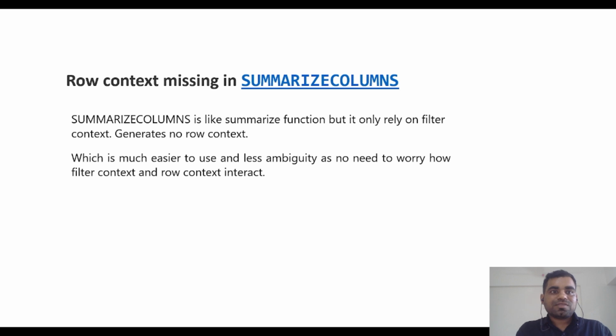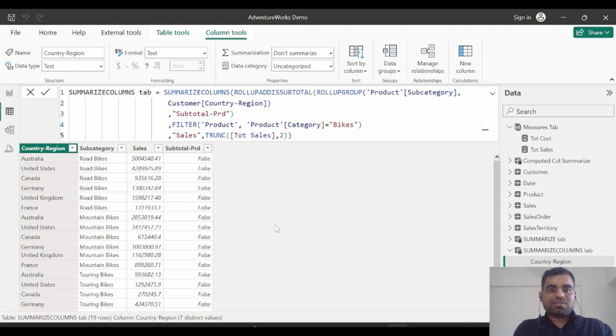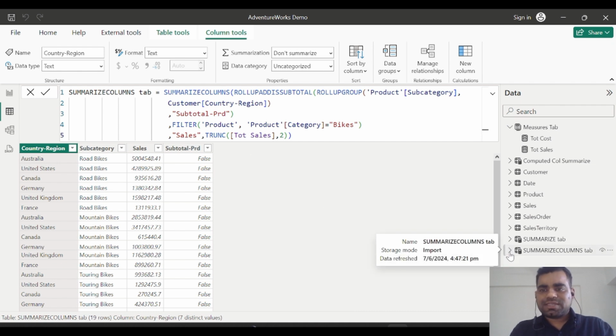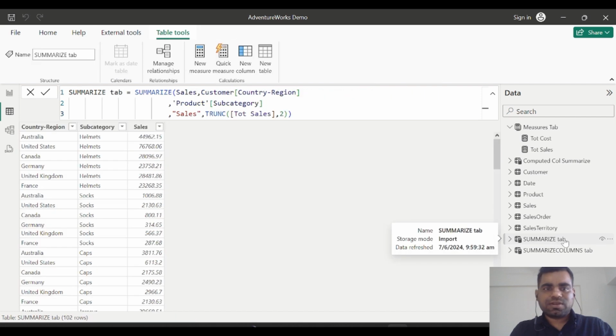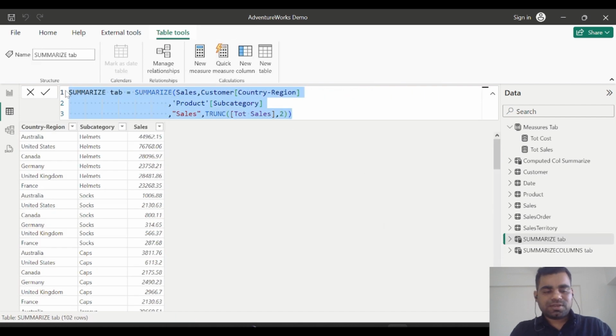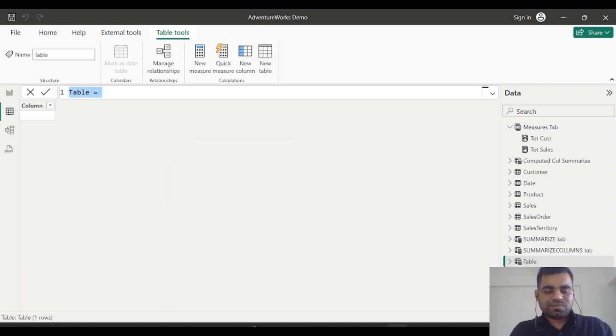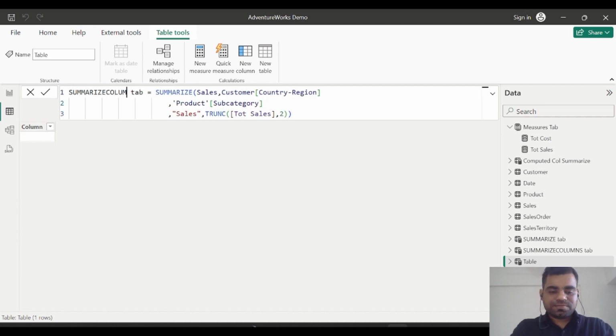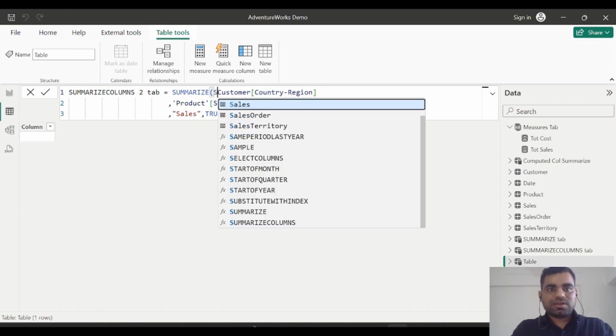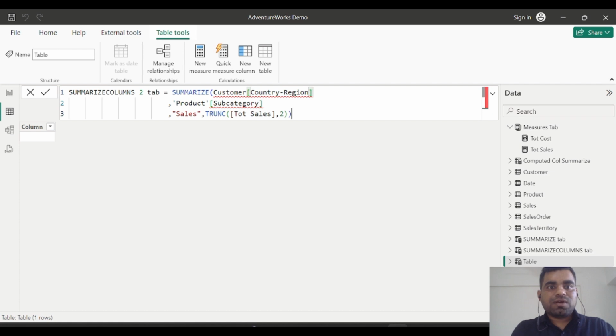All right, so let's see one example for that. Fine. So this we have clear. I'll try to create a simple SUMMARIZECOLUMNS from this only. Let's say this is the second tab. Then I'll give this. All right. Now here, if you can see,